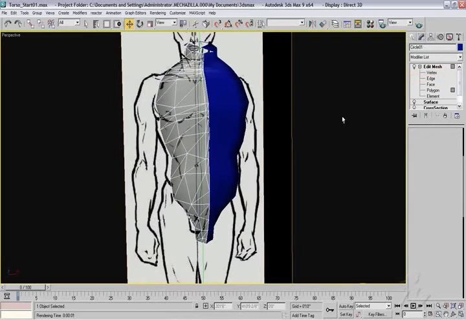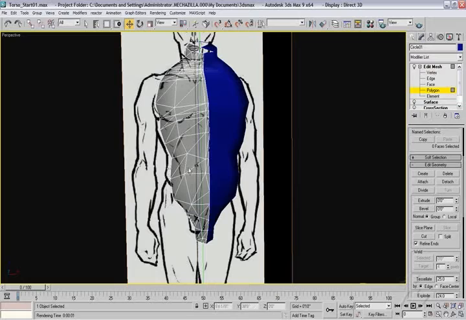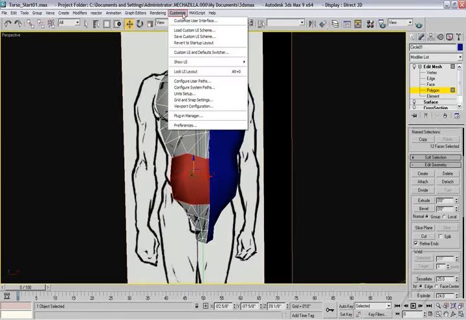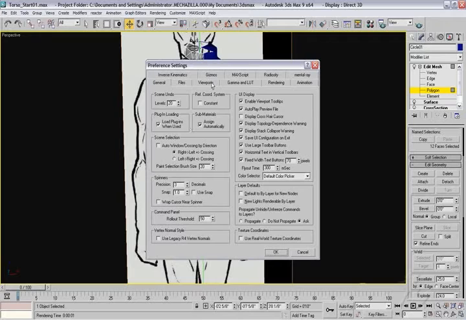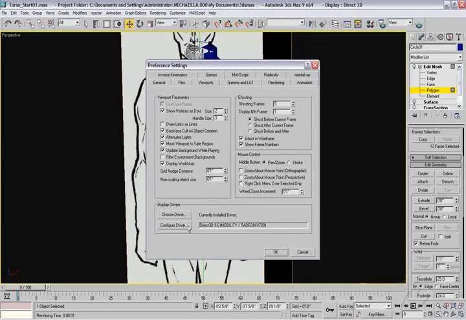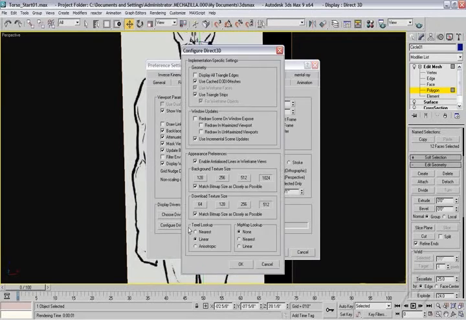So in polygon mode, I'm going to select all across here so you can see this. That's not what I have in mind. What's going on? Oh, because we're in DirectX mode, we're not going to be able to see the invisible edges. That's one of the problems with DirectX, and you can set that up under Preferences. If you go to Viewports and configure your driver if you've got DirectX on,